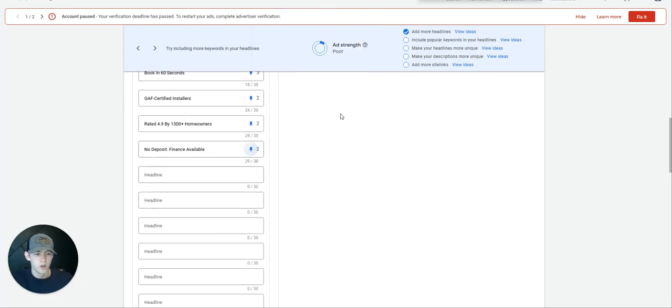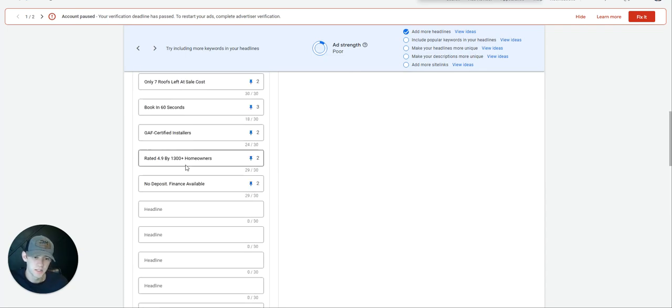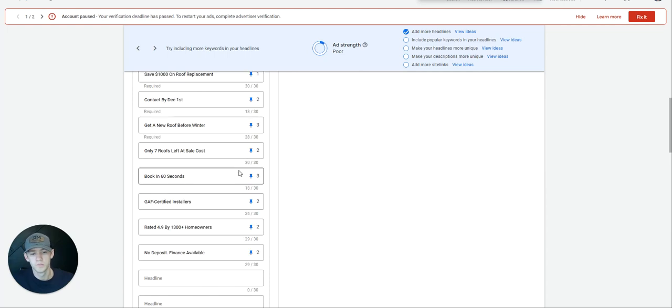Overall, guys, you're kind of getting the gist: you're trying to hook people in, and write these ads with a specific goal in mind, with a specific user in mind. So this is an ad, and I wouldn't worry about ad strength because Google's going to tell you to add more headlines, add more descriptions, do this, do that. And the thing is, guys, you want to have full control over your ads, so it's not necessary to fill out all these headlines if you don't want to. The goal of these ads is to generate people who are good quality, who click on your ad for a